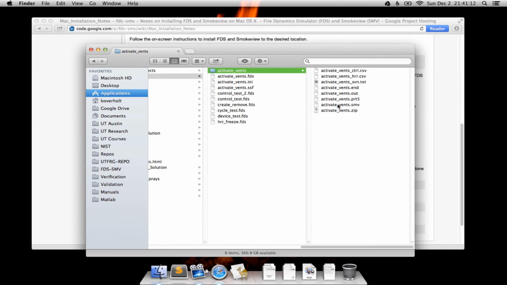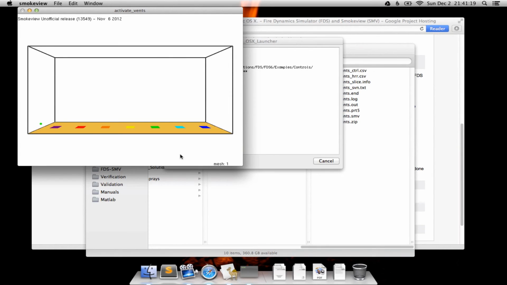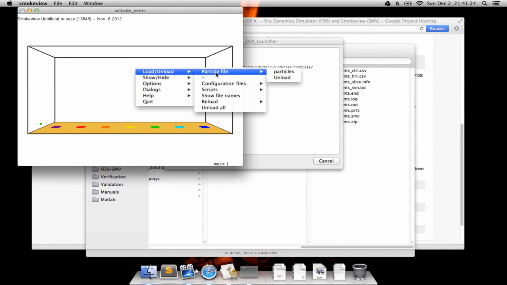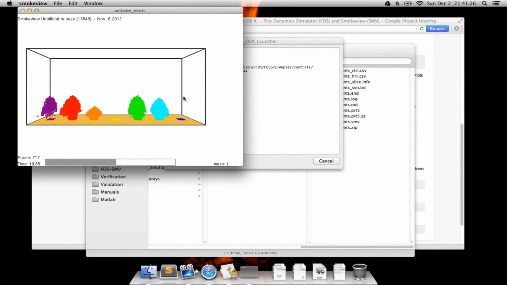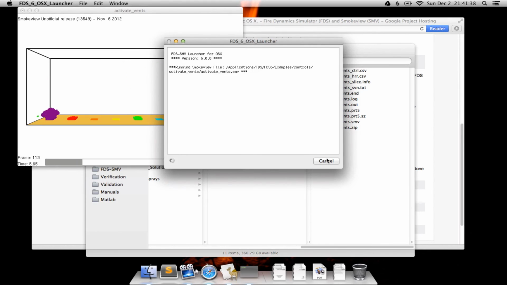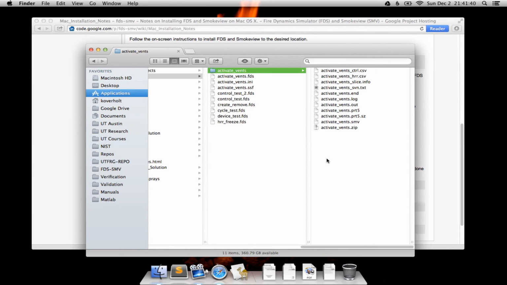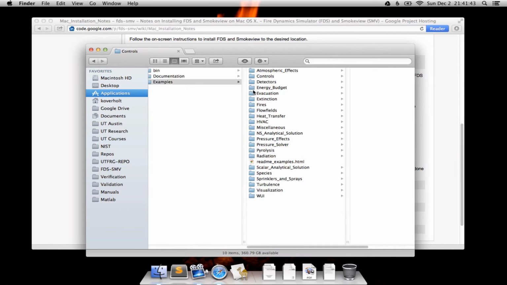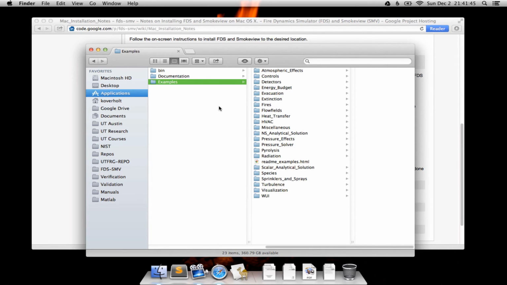So I can actually take the Smokeview file, the .smv file, to the launcher, drop it on there, and the case opens right up in Smokeview. So I can now right click on the screen, load particle file, particles, and there's the output in Smokeview. So it's a nice way to run FDS or Smokeview files without having to use the command line or terminal application. So I can quit the launcher to exit Smokeview,